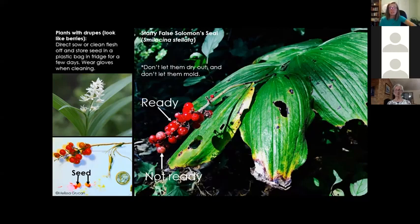You can either direct sow them. All that means is you pick them off the plant and you throw them somewhere immediately, like onto bare ground somewhere. Okay, that's what direct sow means. Or if you want to hang on to them for a little bit, you can take those red ones and